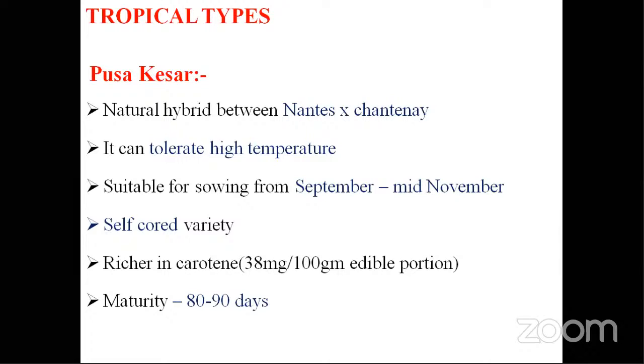If you want to get the harvest in peak winter season, then you should sow it before the winter starts, that is September itself. So September to mid-November. Self-cored variety is nothing but the core size is comparatively less, then they are called as self-cored or coreless varieties. Richer in carotene content. No need to remember the amount, nobody is going to ask how much it is, and it matures in 80 to